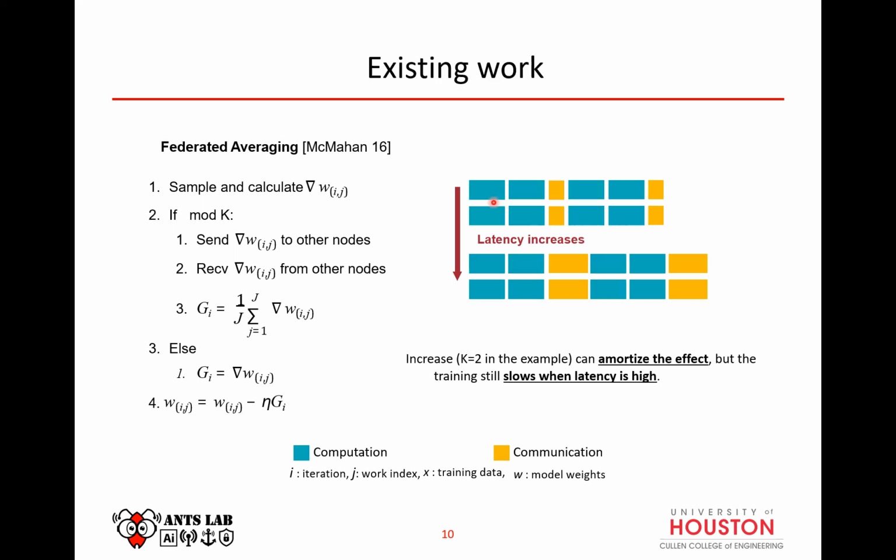But even when increasing the number of local rounds and the K value, as the communication latency increases, we would still face the same problem. You have two steps of computation, then you're waiting for communication again. Especially when the latency is very high, this becomes very slow. So we saw that the two most famous methods also suffer from the latency problem.